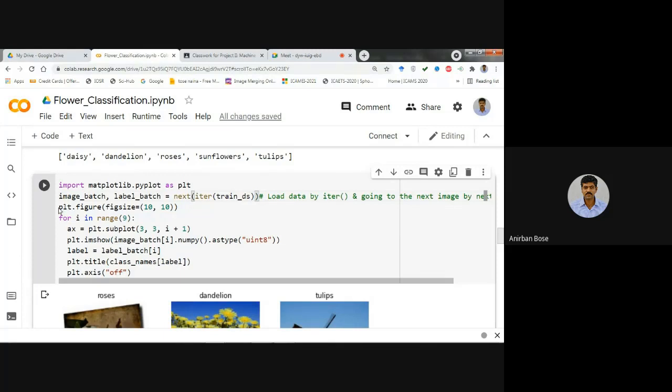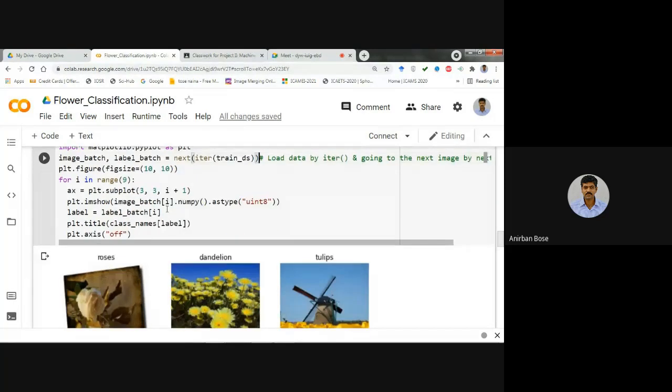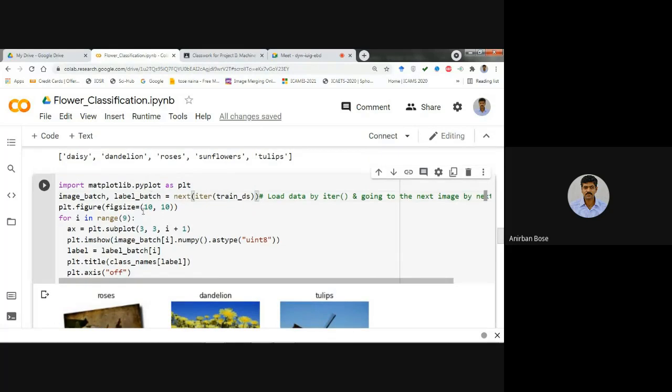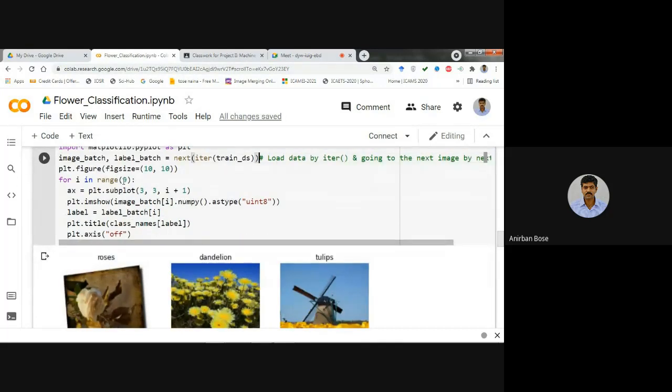Then you can use matplotlib pyplot: plt.figure, and the figure size you mention as 10,10. Remember, this is not the image size; this is the figure size, which means how you want to display it. The figure size is 10,10, and for i in range 9, that means a total of 9 images it is going to take, from 0 to 8.